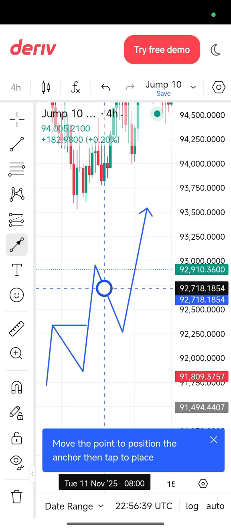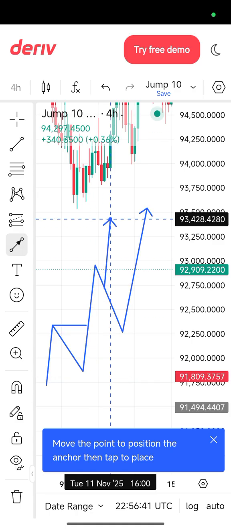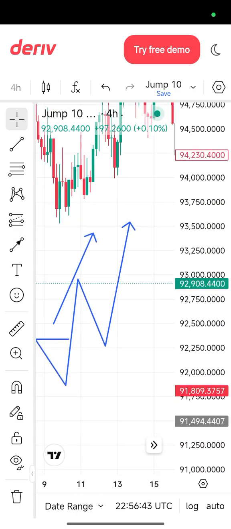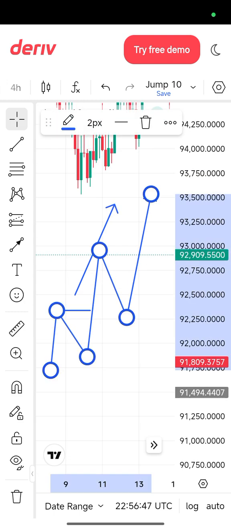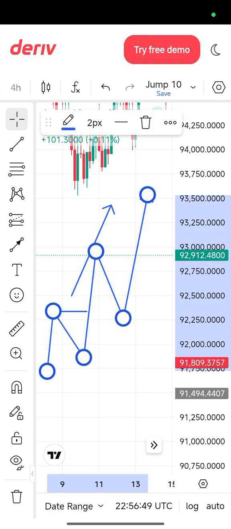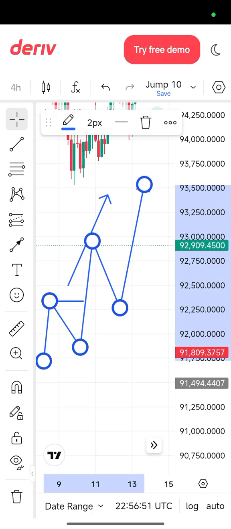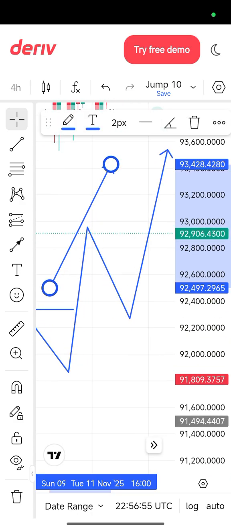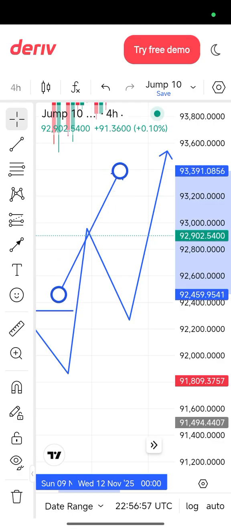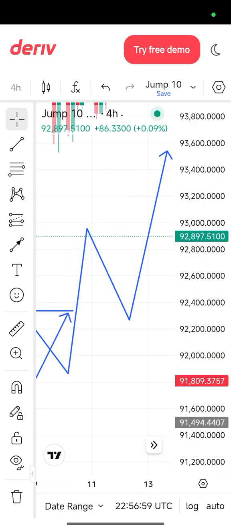Okay, good. So now when there's a break, after the break, then you can say this particular structure is bullish or bearish, because after the market broke this zone here,